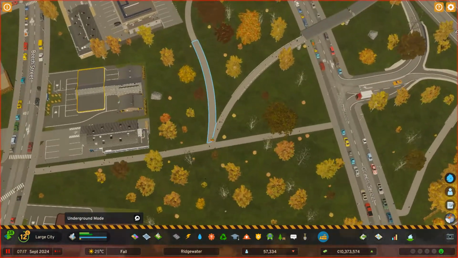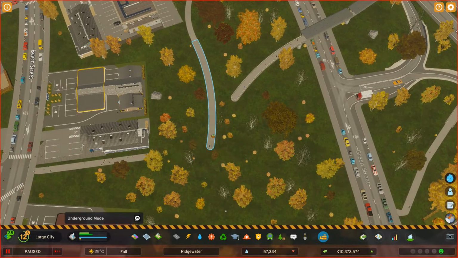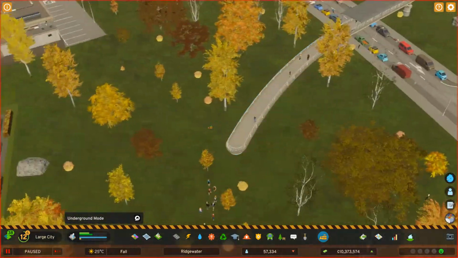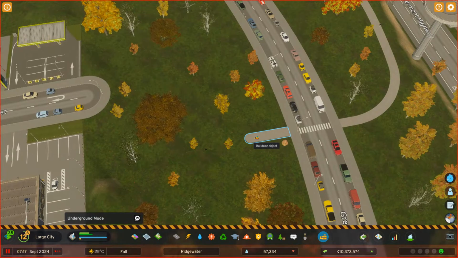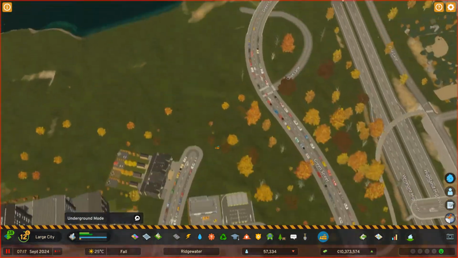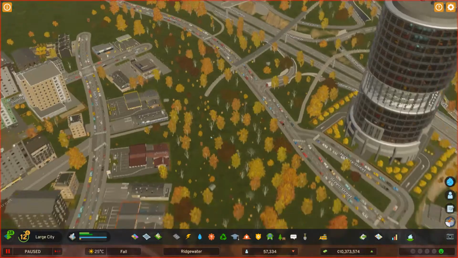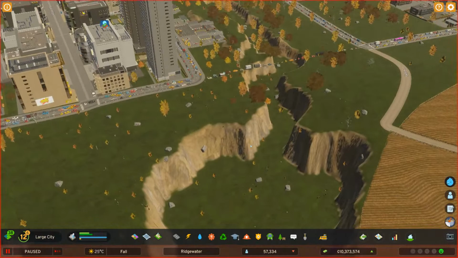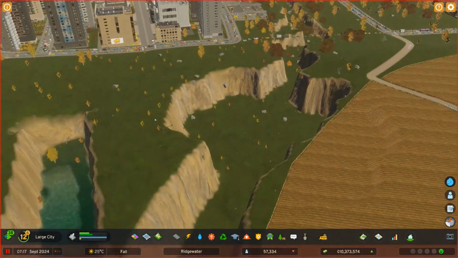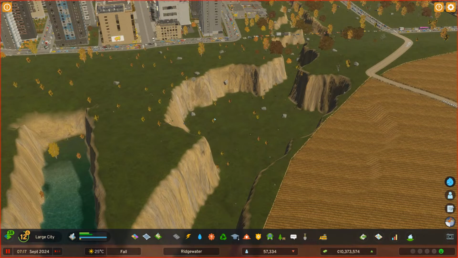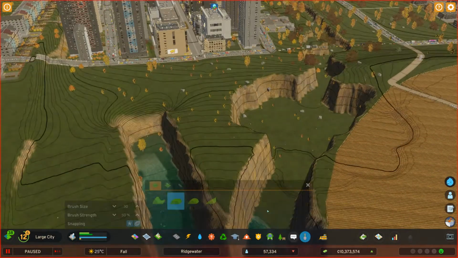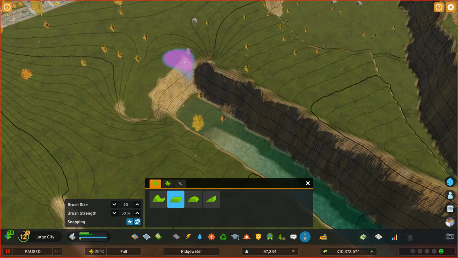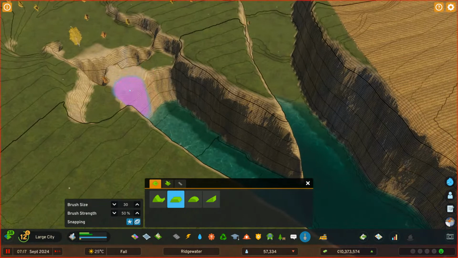which should be quite interesting with the stream running through here. Hopefully, because this one's technically a bridge, it will be able to go underneath without an issue. So this is where it's going to aim to come out at. So we've already worked our way through this area. We've created a little point where we're going to have a pond, effectively. So if we just fill this back in,